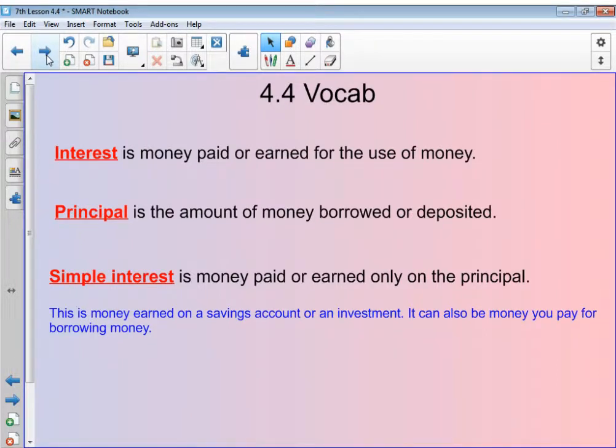So when would you use interest? Well, for example, on credit cards. If you put money on a credit card and you don't pay it off, you have to pay interest on the money that's still on that credit card. You also have the reversal, where maybe in a bank account you get paid interest. So the bank is paying you to actually use your money, and you're getting paid interest throughout